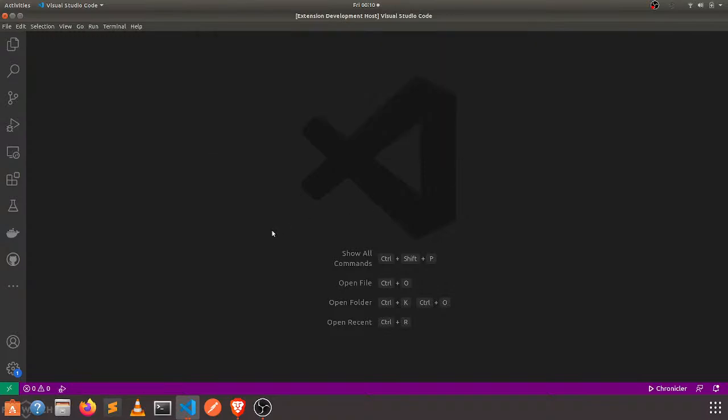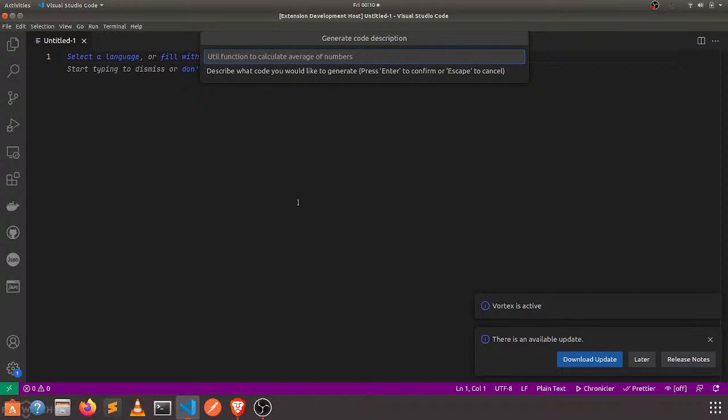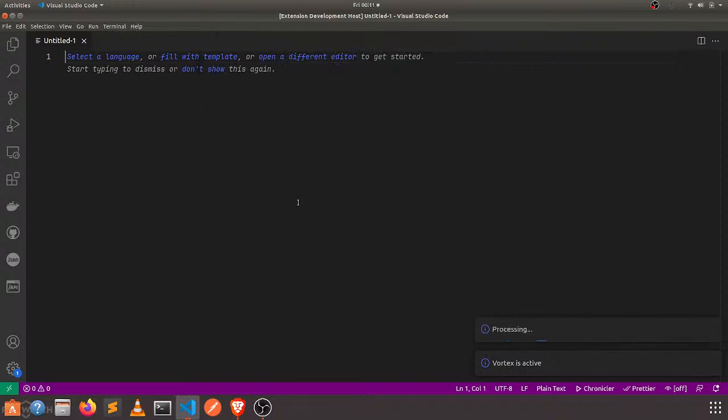And going here, I'm gonna reload this, and once again go here, create something, function to calculate